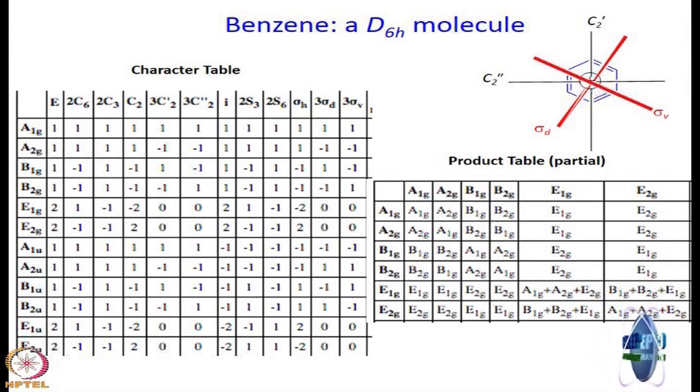And one thing that I would now like to use, because otherwise the problem becomes very long, is a product table. You know what a product table is? We are working with direct products, right? So, suppose I have to do B1g cross E1g. What is it? B1g cross E1g will give you E2g. And here I have only shown a partial character table, otherwise the font size would be too small. The thing to remember is that whenever we have g cross g, we get g. Whenever we have u cross u, we get g. Whenever we have g cross u or u cross g, we get u. So, I hope it will not be difficult to use this partial character table, even if we have some u symmetries as well. Alright, great.